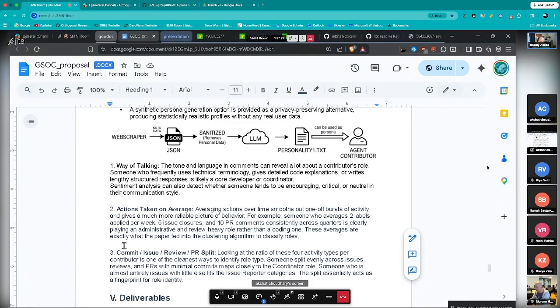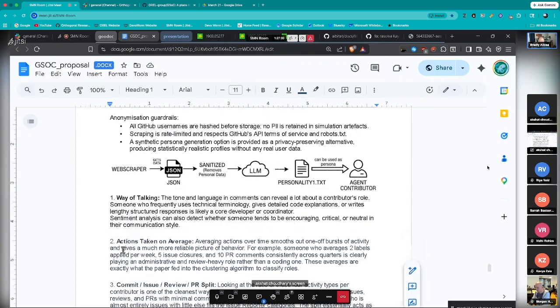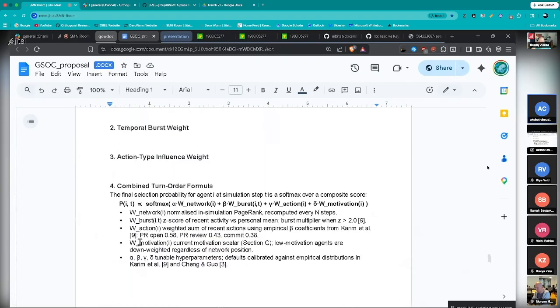Yeah, so I think this part is... Did you go back to that equation you showed? I wanted to see something real quick. Yeah, that one. So that's the turn order formula. So that's a softmax function that's kind of like with burst. It's additive with burstiness. Yes. Okay, so could you go through that a little bit?